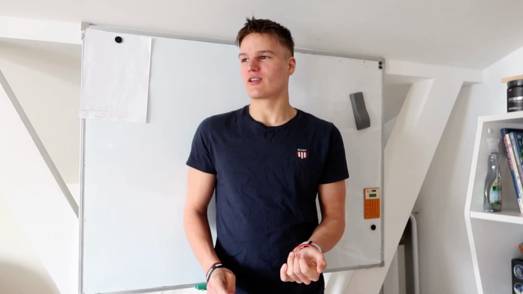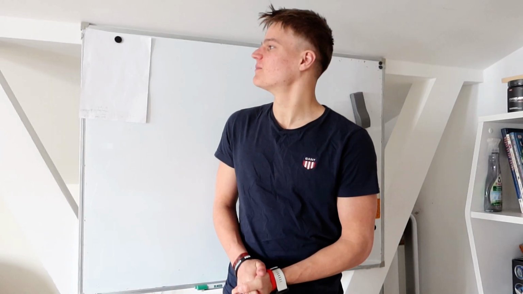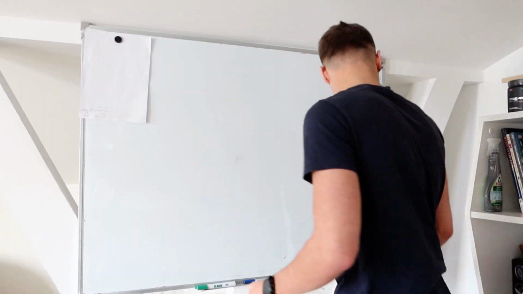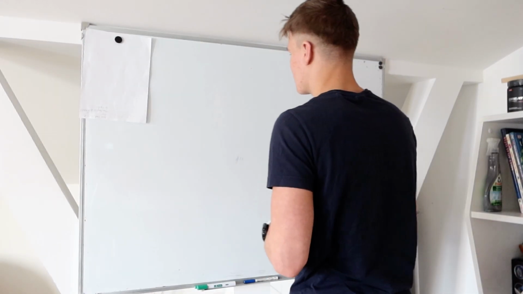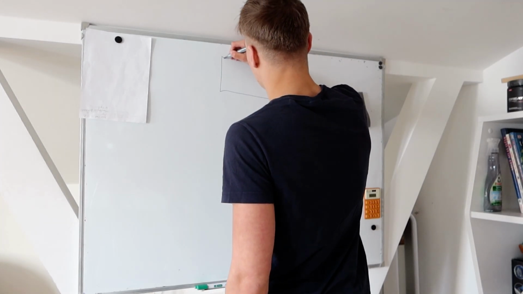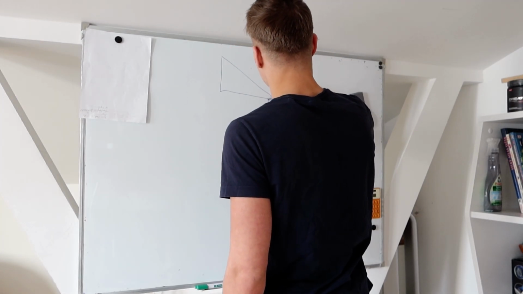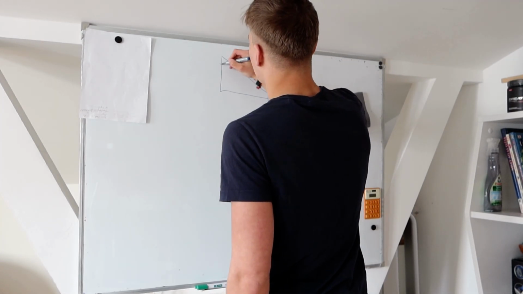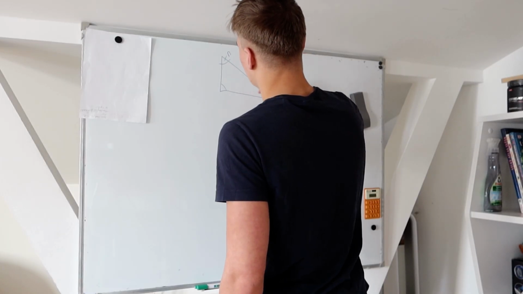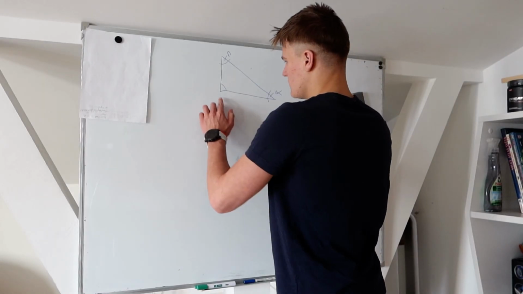Today we're actually going to be looking at something in advance before we've even learned about it, kind of like my beauty of math video. Yeah, let's just have a look. So the setting is as follows today. We have a triangle, a right-sided triangle. So we have one angle here, we have another angle here, and we have a right angle right here. And now the question is, guys,